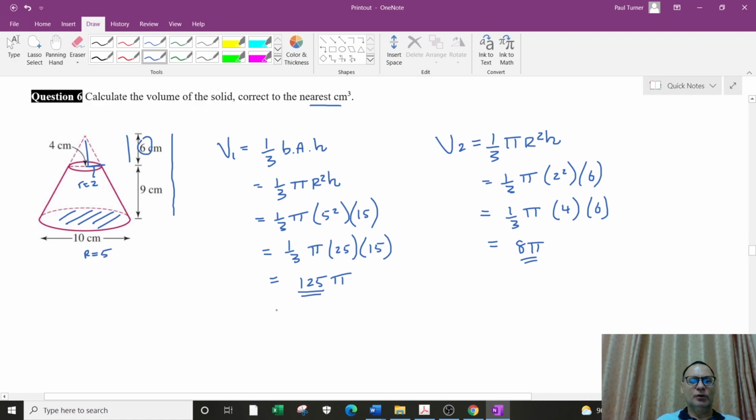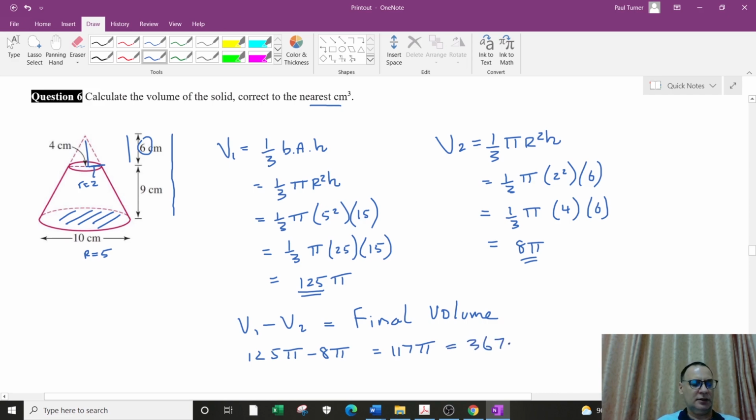So we need to remove this small cone from the large cone. So it will be V1 minus V2 will give us our final answer, final volume. So V1 is 125 pi minus the small cone, which is 8 pi, which is 117 pi. And converting that to a decimal, 367.57. And we wanted the nearest cubic centimetre, so that's going to round up to 368